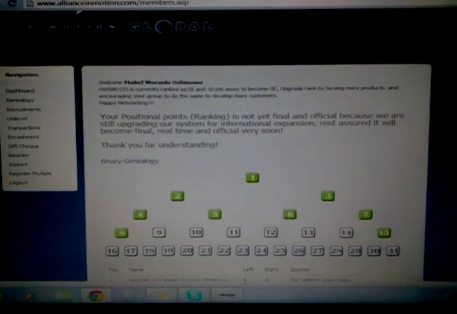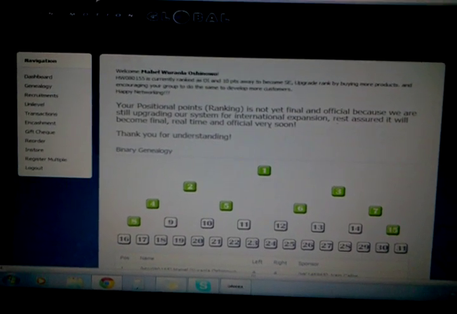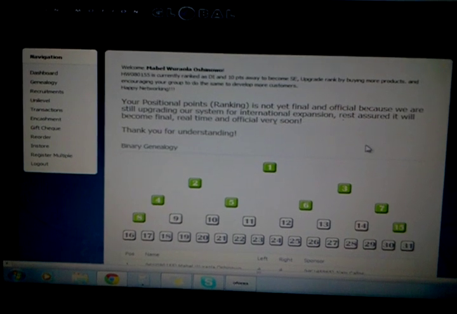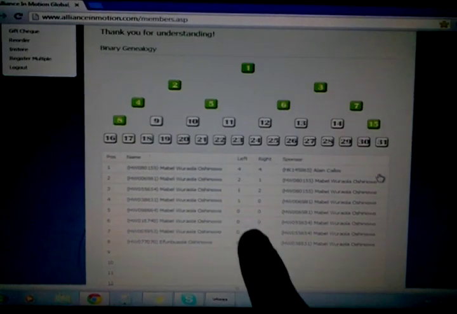So as you can see, that is their name. It was written in there. So that is how you're going to view who are the persons under you already. And in this area, as you can see, there are 4 accounts on the left, 4 accounts on the right.